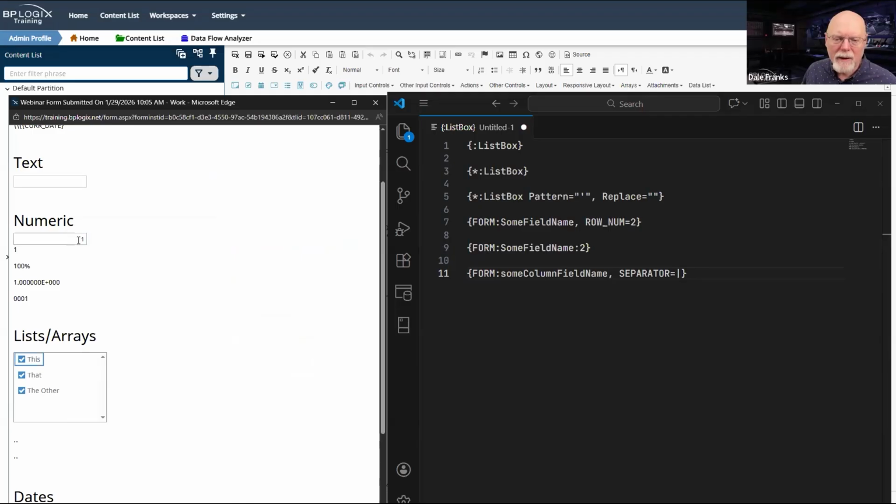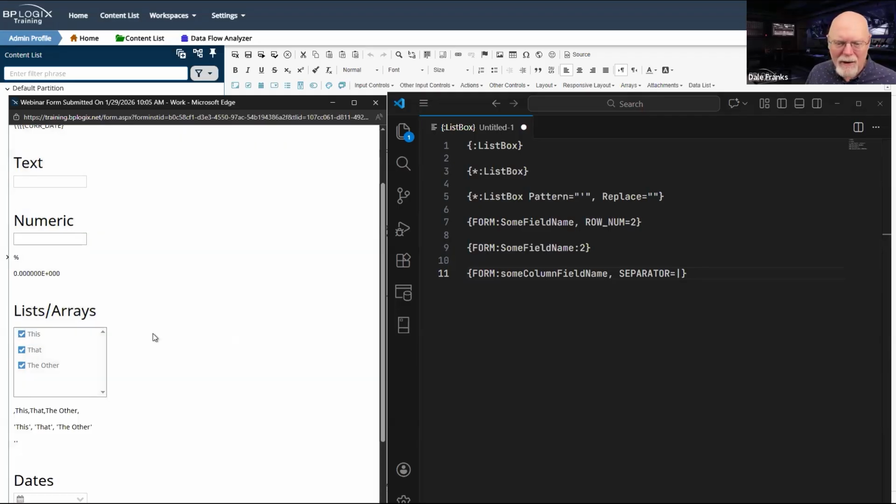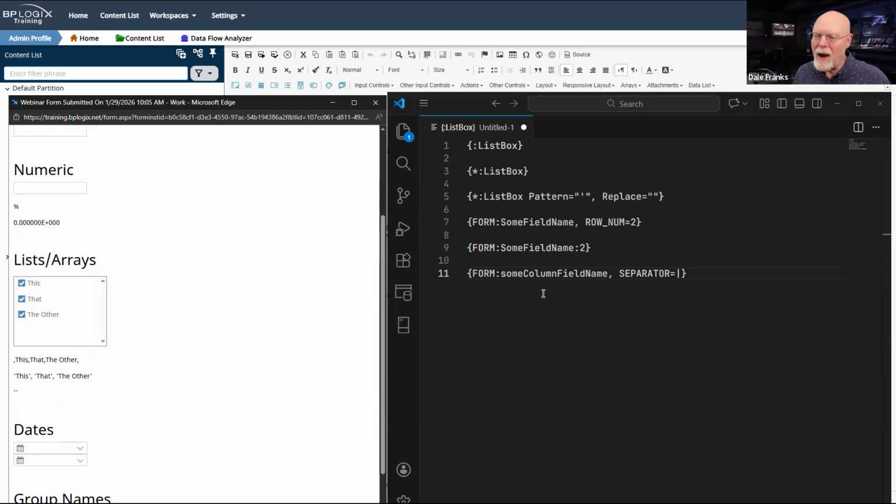I would have expected an event to fire there, so I'll fire the event from somewhere else. Let's take a look at what we got here. By default, if I just return the name here, for this control, which just happens to be named list box because I'm very creative in my form field names, this is the format in which it is going to return this. This is the comma separated list format that it's going to return.